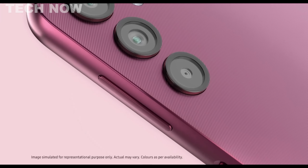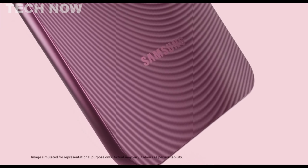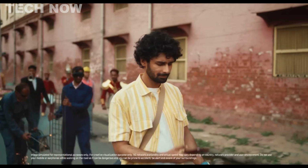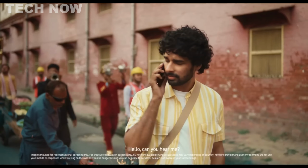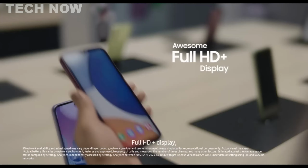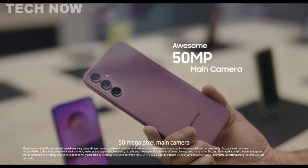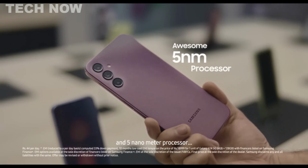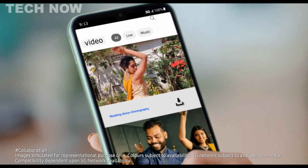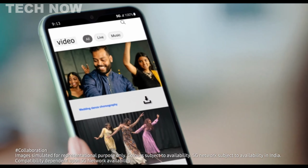The Samsung Galaxy A14 5G positions itself as a formidable player in the realm of cost-effective smartphones, aiming for the title of the best budget smartphone. Despite its affordability, Samsung ensures that essential features are not compromised. The device boasts durability, a robust screen, a satisfactory primary camera, and long-term software assurance, making it a compelling option